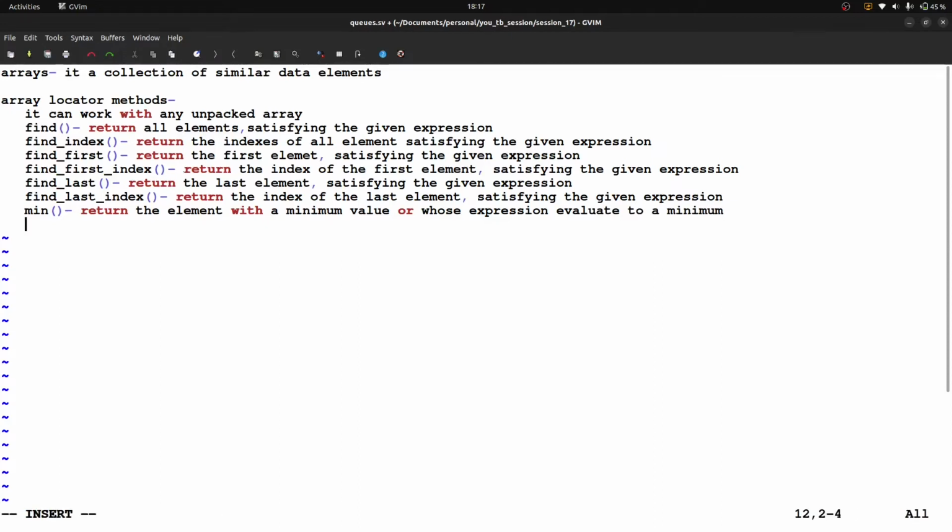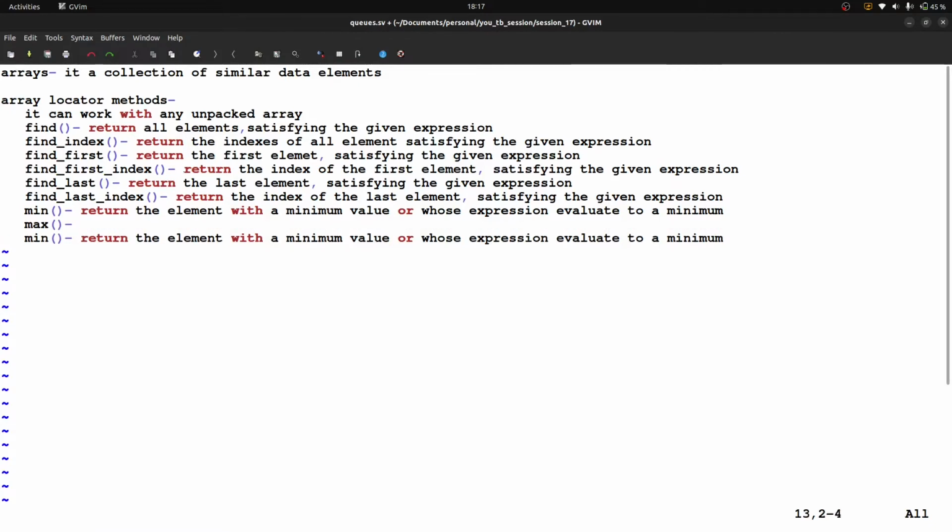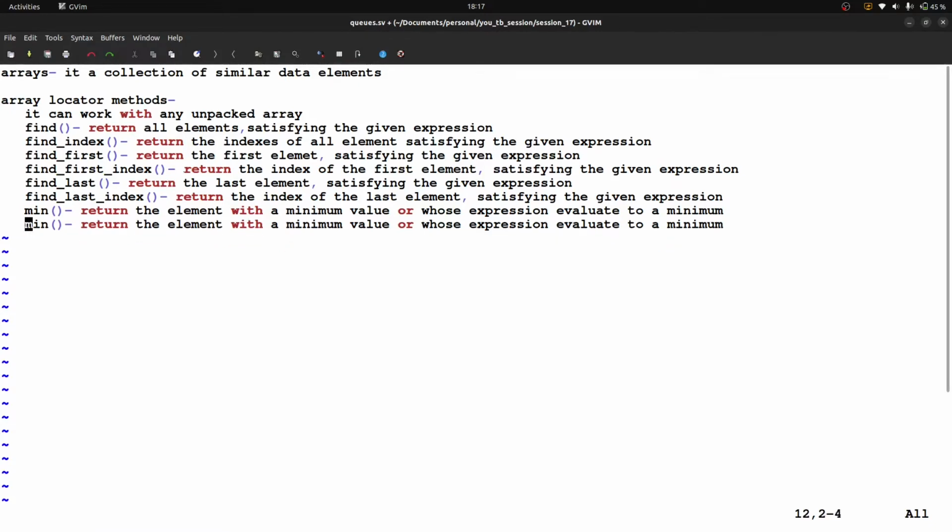Okay, next one is max. It is much similar to that. It will return the element with the maximum value, or whose expression evaluates to a maximum.